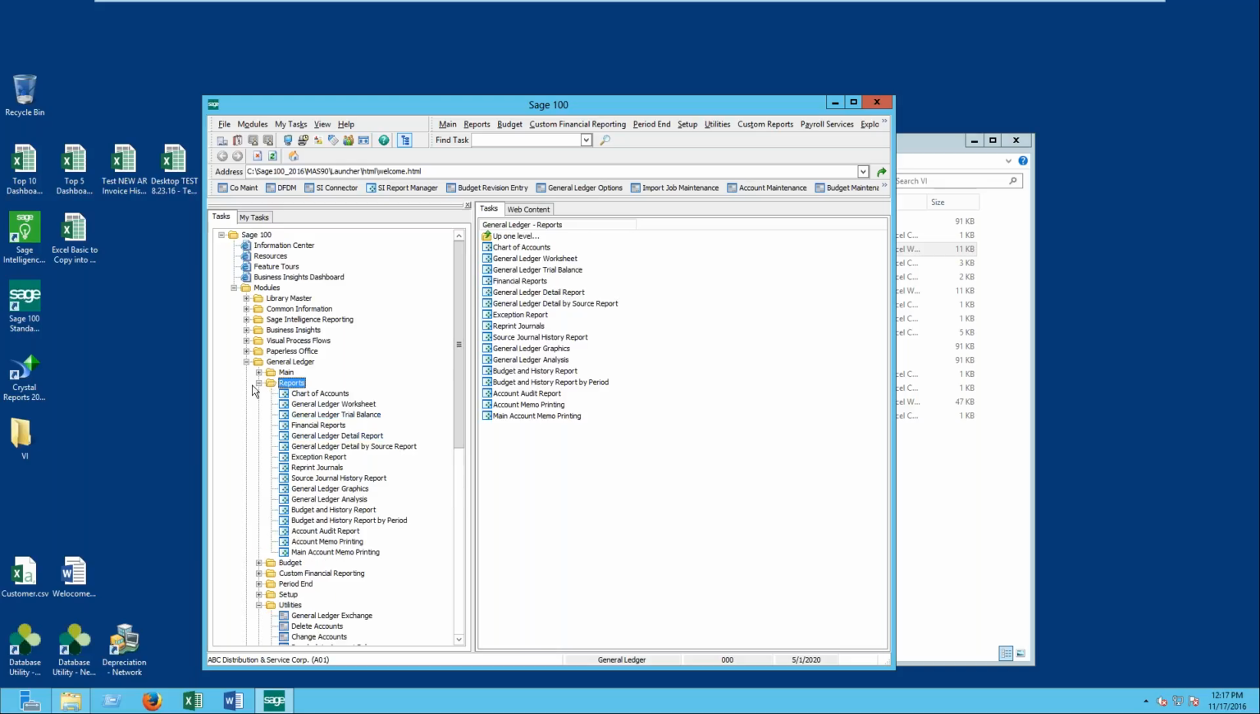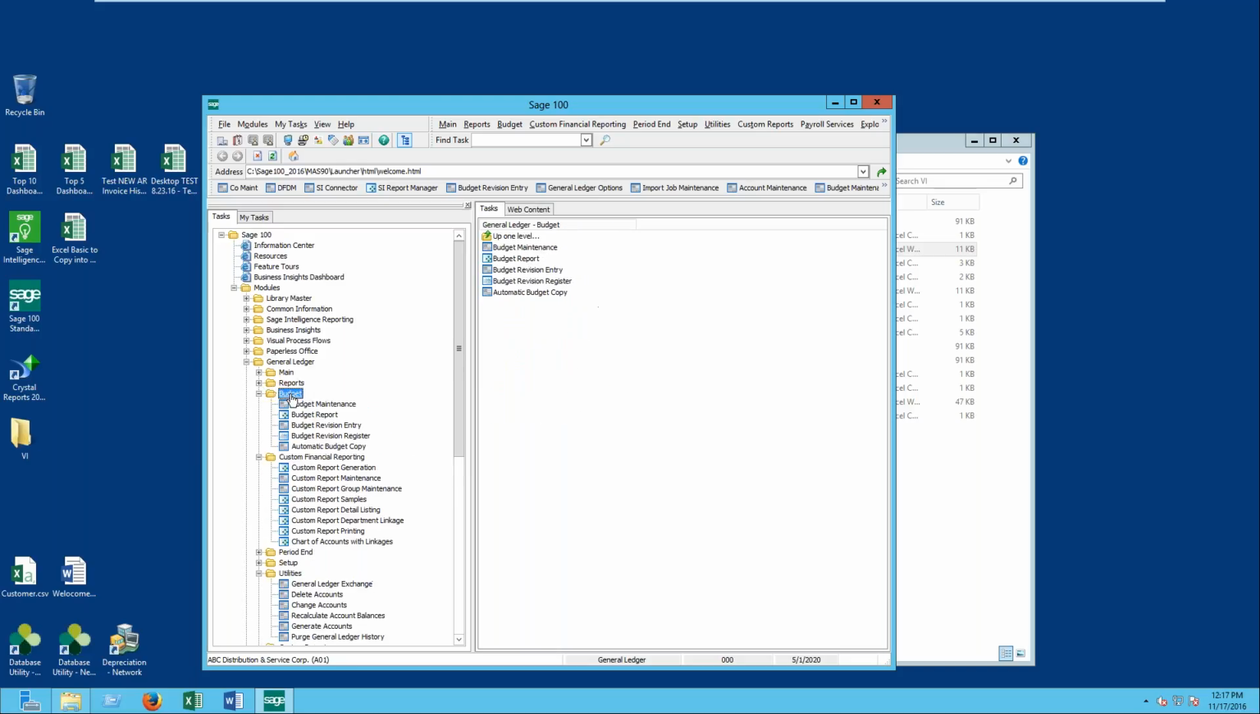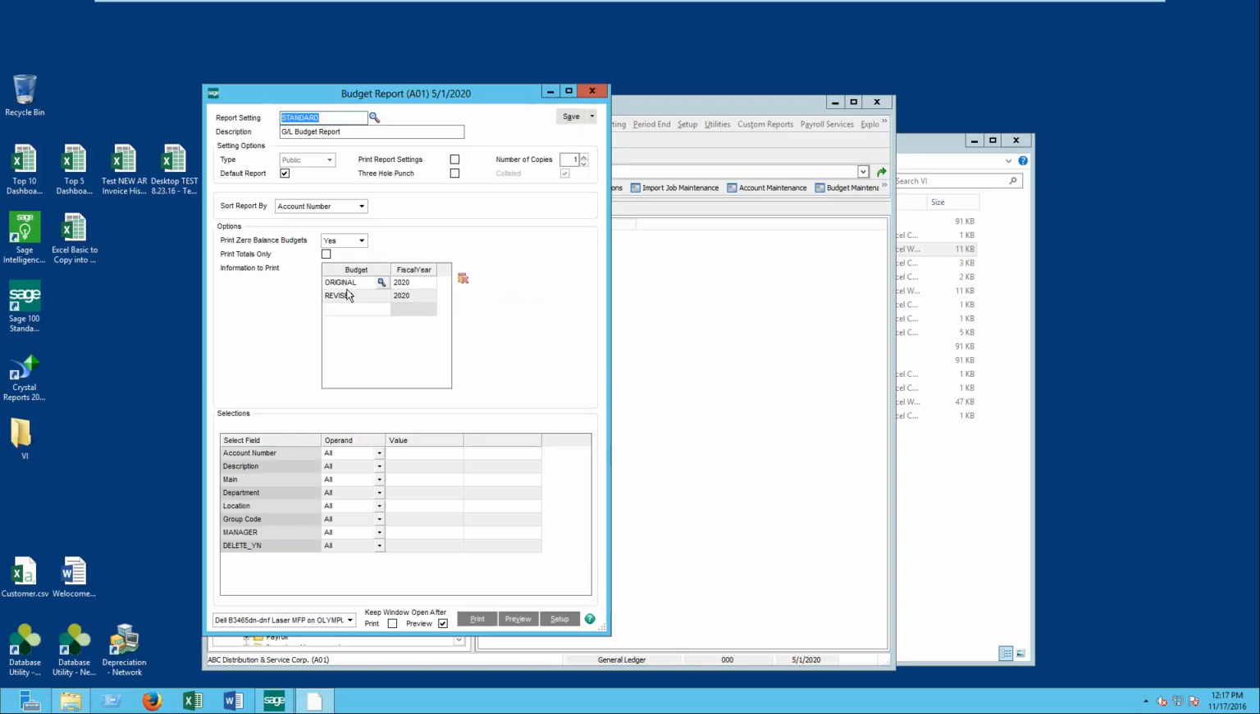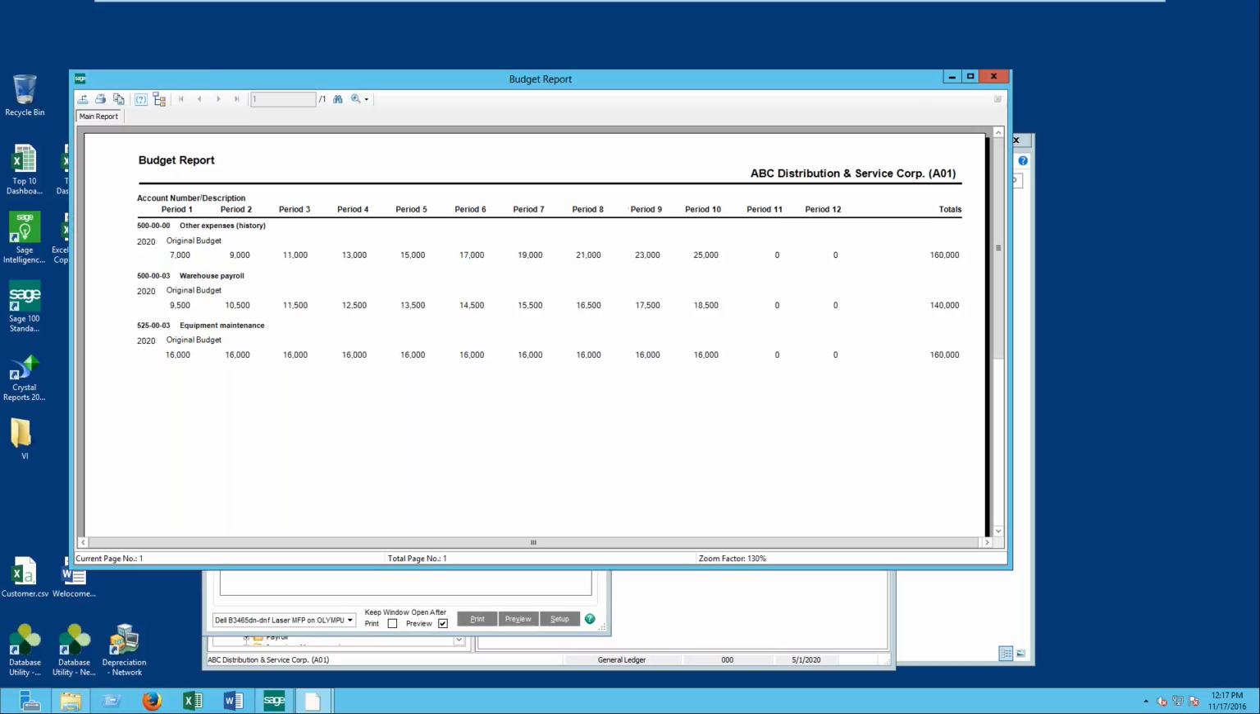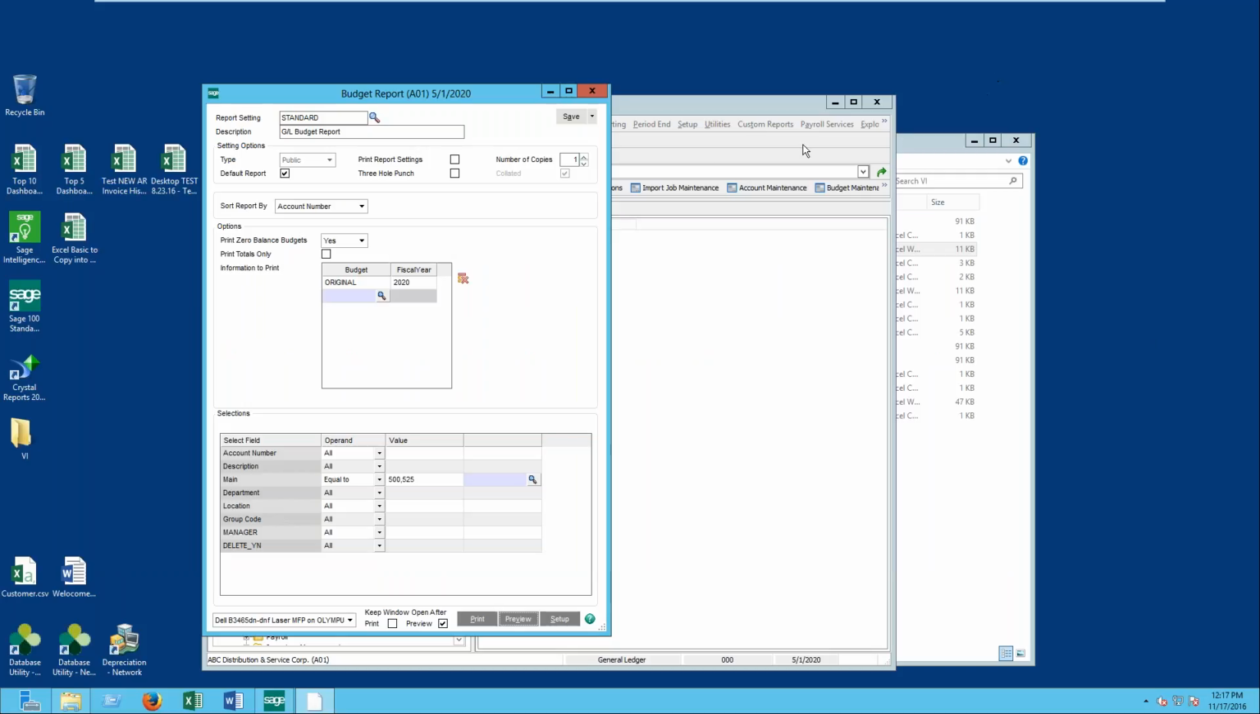So if I ran that budget report again, we should see hopefully that's updated. And we'll just run it for that range under the original budget. So main account 500, and I'll do 525. Okay, very good. Now, another thing to just kind of mention, heading toward the end of our time today,